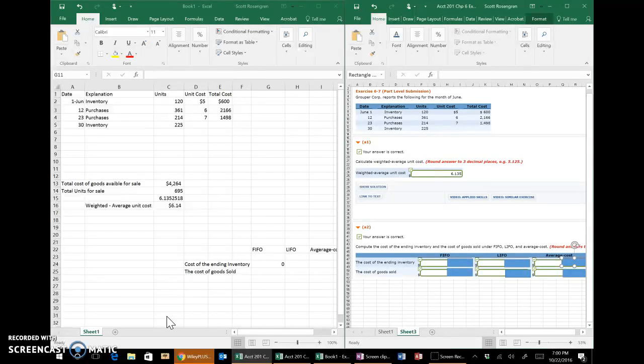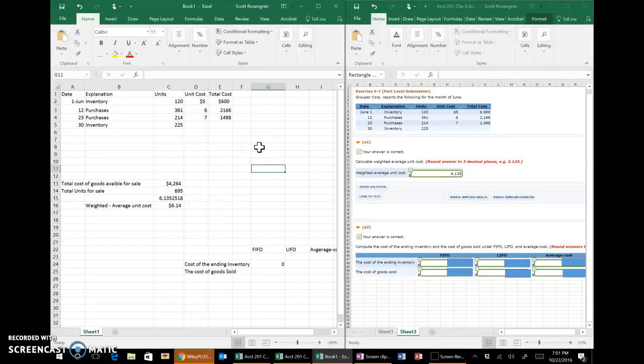The second part of the problem wants us to calculate the cost of the ending inventory and the cost of goods sold using FIFO, LIFO, and the average cost. Let's first start with FIFO. To calculate our ending inventory for FIFO, which assumes first in, first out, it would mean that the ending inventory would contain our most recent purchases. We know that our total units in the ending inventory is 225. So we will start with our most recent purchases, which are